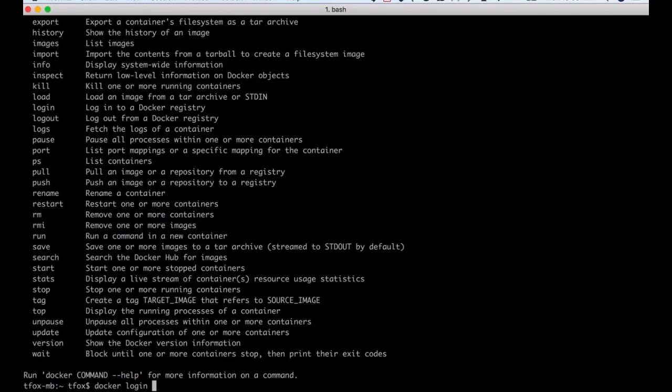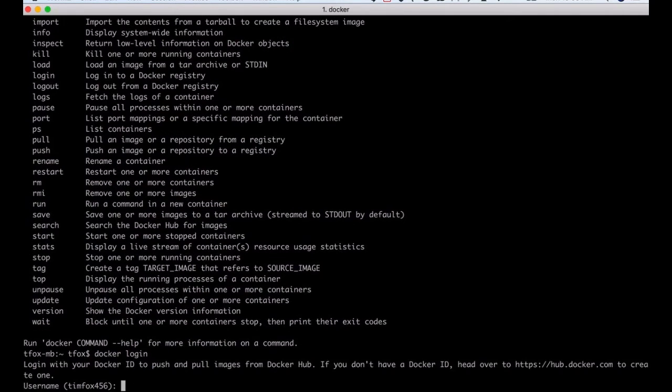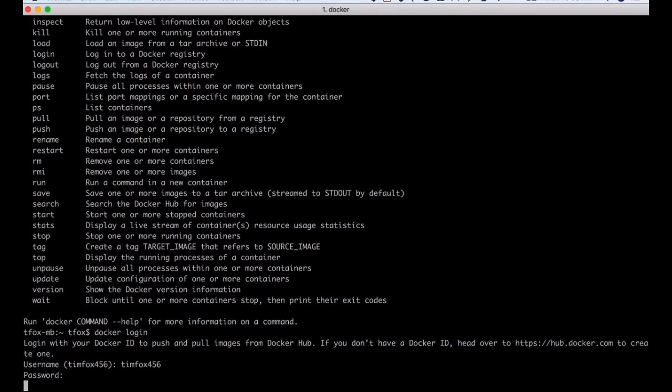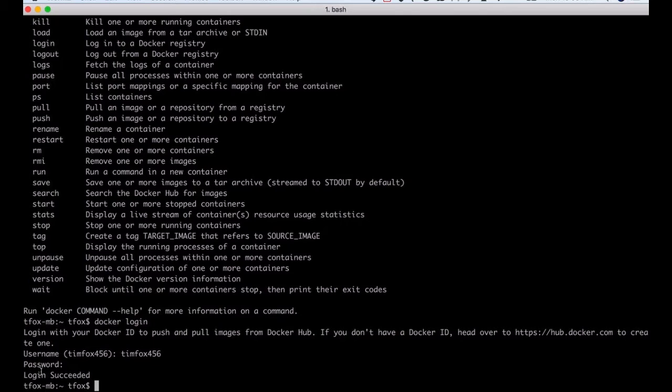Probably many of you have. Then it'll ask us what we want our Docker ID to be. In my case, I, of course, already have it there. And then type in your password. And notice it says login succeeded. That's all we need for logging in to Docker Hub, and we'll need to do that because we'll need to grab the Elephant Scale Sandbox Docker image from there.